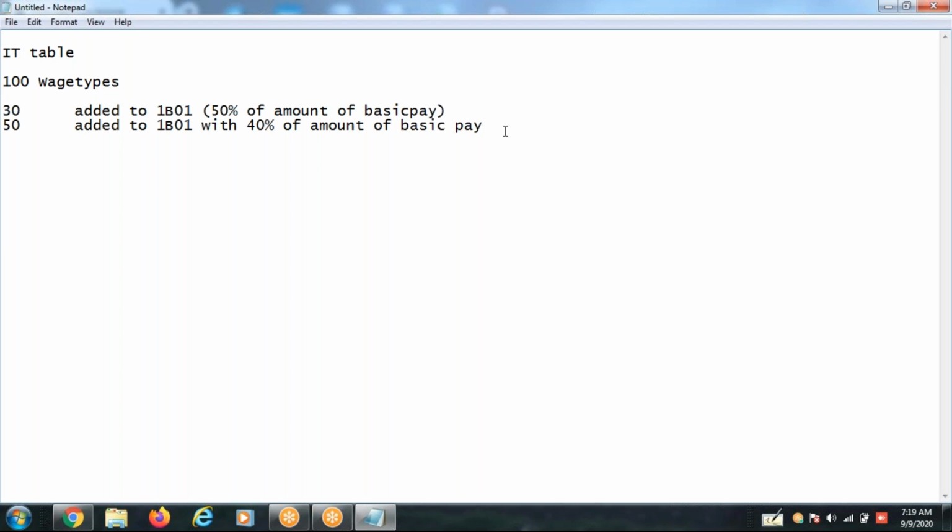The remaining 20 are not relevant in this calculation.